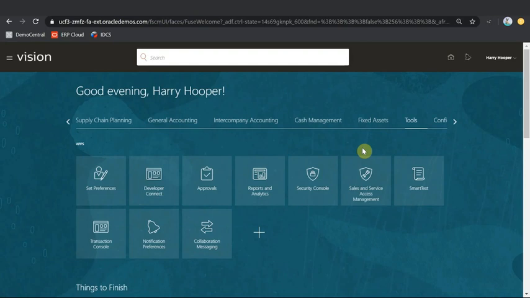Navigate back to the ERP Cloud Security Console, search for the newly created user, and click on the user's display name.